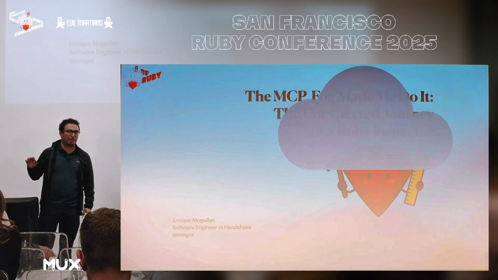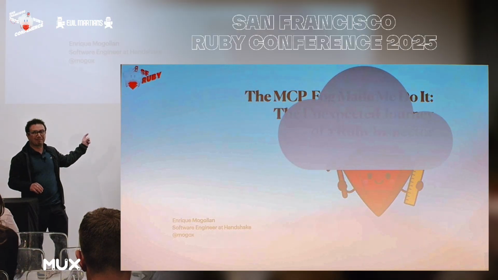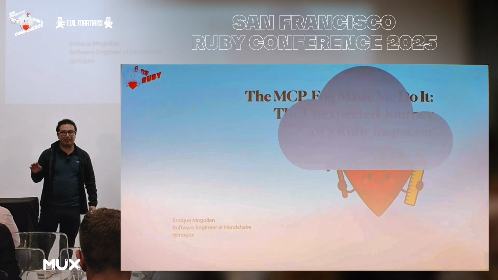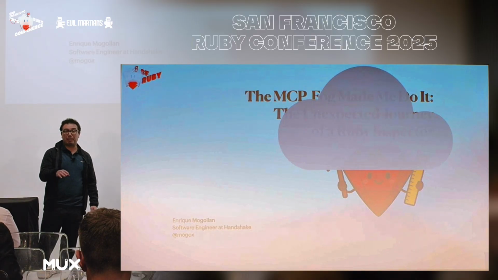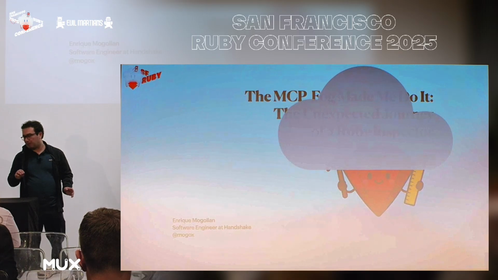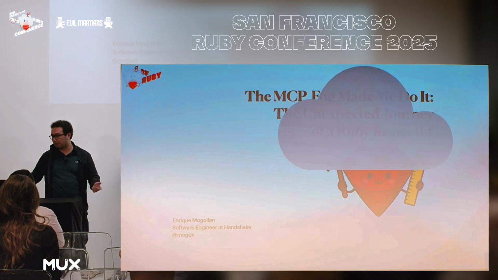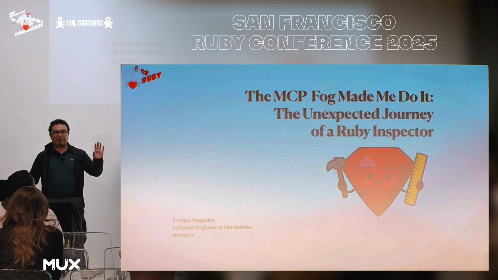So who here has built an MCP other than the ones that we have seen on the screen? All right. Who here has used MCP Inspector? All right, a couple of people. Well, so today we're going to talk about how I built an MCP Inspector in Ruby and cleared the mental